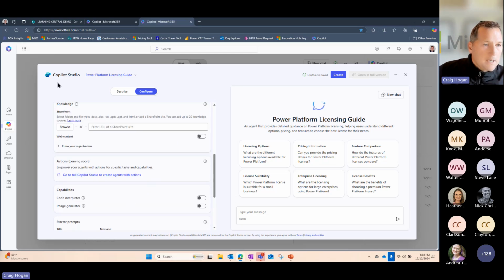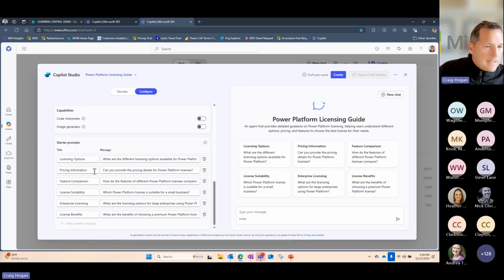Now, what you're also seeing, because it's built on Copilot Studio, I've now got actions, I've got capabilities, and you're starting to see go to Copilot Studio. So Copilot Studio with just limited functionality, then I can start to do that. I can get into these prompts that I have. I can add some, I can delete some, I can edit. This is all suggestive. The whole intent behind describe it to design it is how much further down the path can I get you using generative AI in Copilot to help you perform a task that you would be starting from scratch every time.